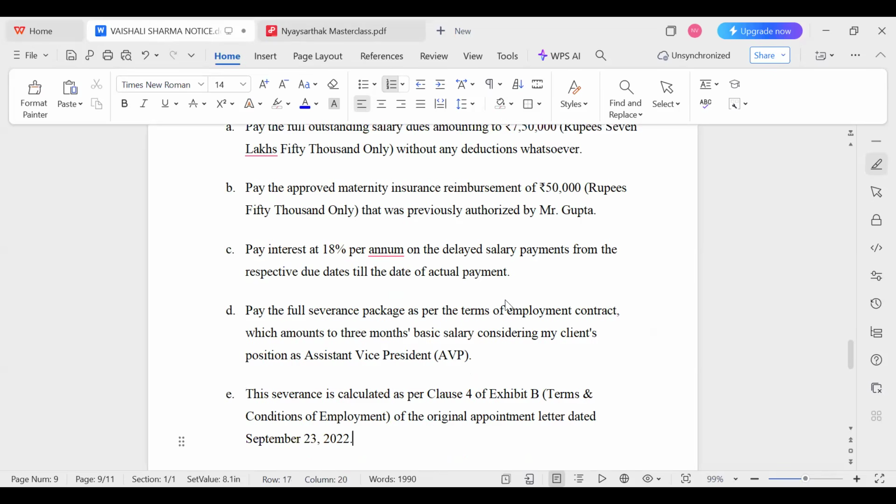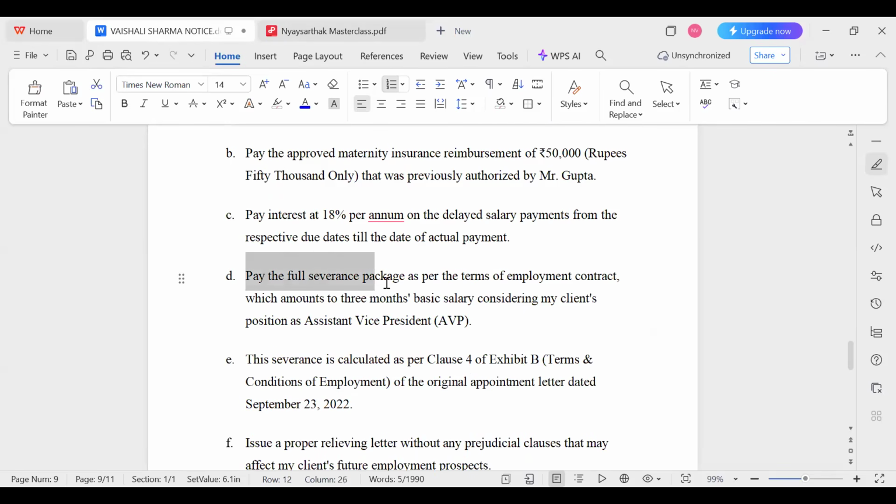Okay. Then we have written that pay the full severance package. Let me tell you, severance is a term that is used in an employer-employee relationship when you are terminated without any notice by the employer. This is the terminology that is used in the contract, that if we are terminating you without any legal notice, then the employer will be liable for paying the severance. Okay, usually it is 1 month or 2 months of the basic pay of the